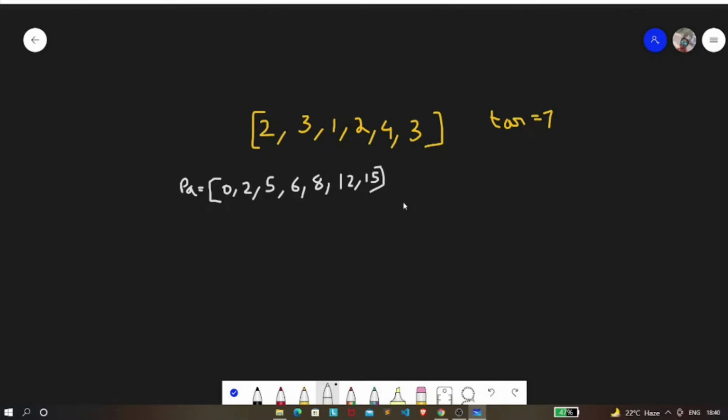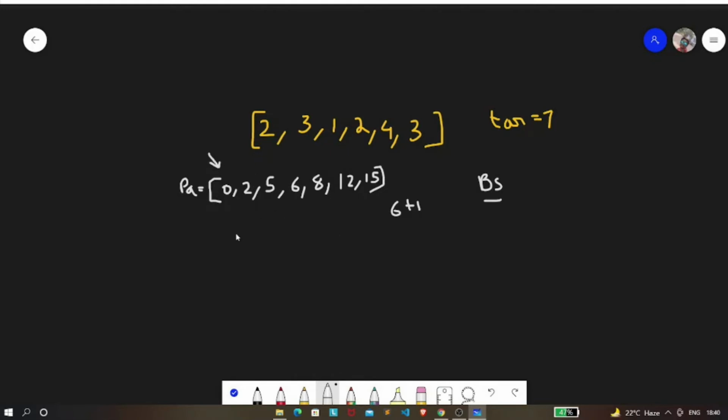Over here the size of the array is 6, so it is 6 plus 1, that is 7. That is the size of the prefix array. Now there is a feature in this prefix array: we can see that the array is sorted, and that's what we require in binary search. Our array must be sorted.